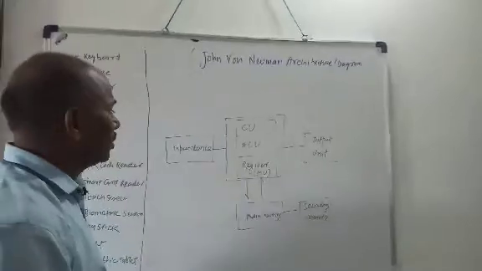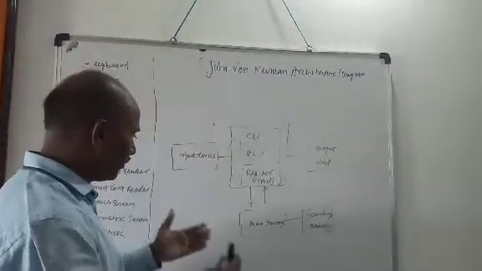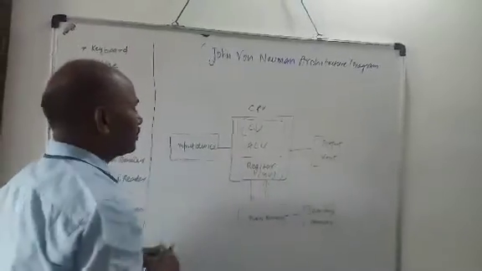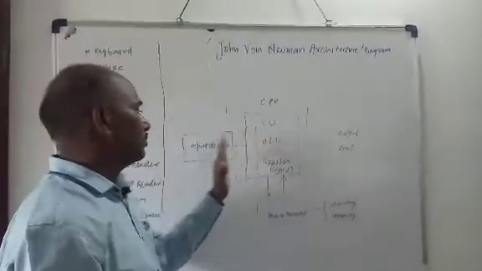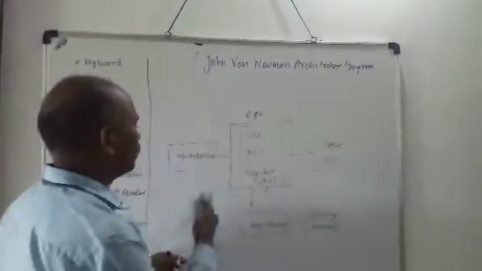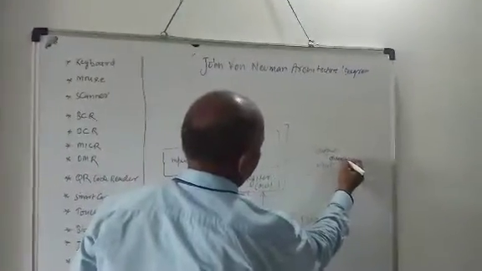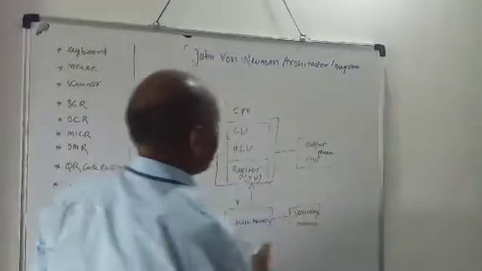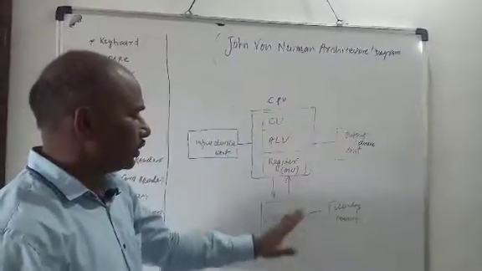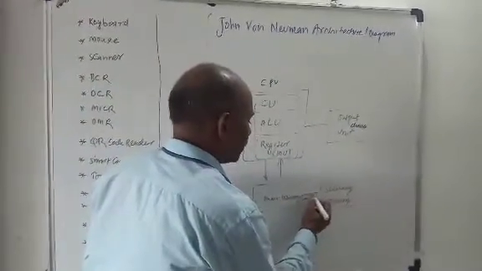So, see this diagram and I will elaborate one by one. This is the CPU and this is the input device, output unit. You can write unit, you can write device, both are the same. Input devices. And this CPU is connected with main memory, and this main memory is in touch with secondary memory.